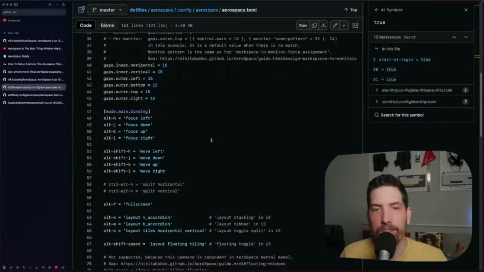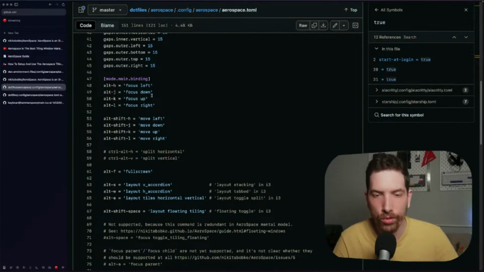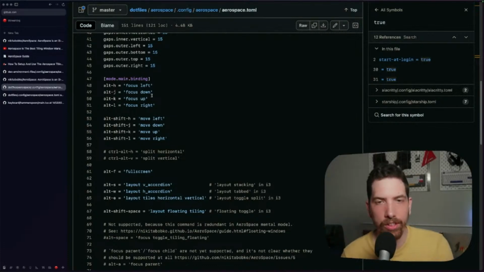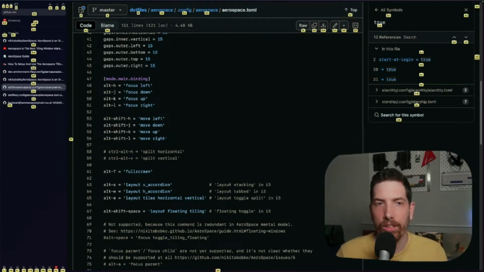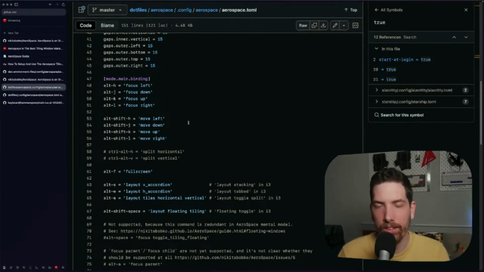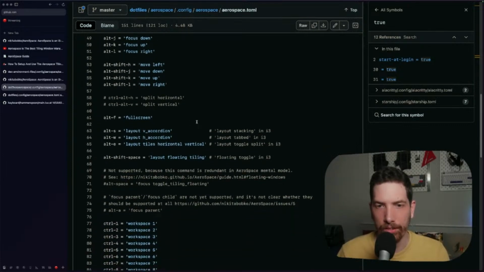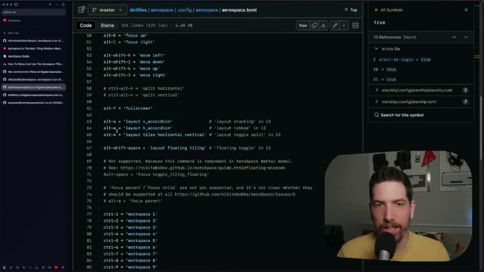Got his gaps. His focus and his moves are a little bit simpler than mine. Full screen is F. I think that is a good idea. I might have to renegotiate. Oh no, I can tell you guys about home row, but I made some changes to some of my bindings when I did all this. S, W, and E, interesting. So this is